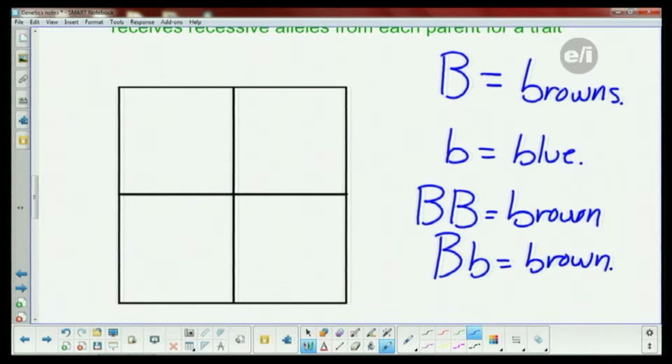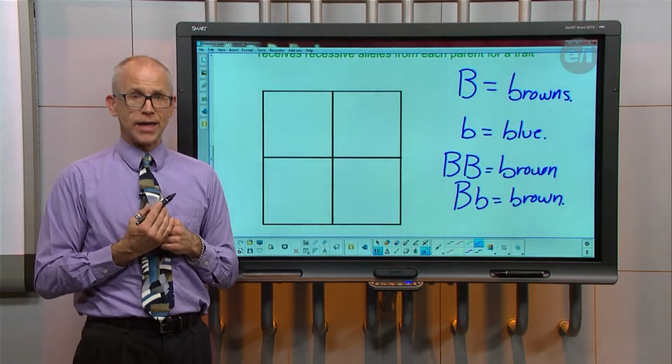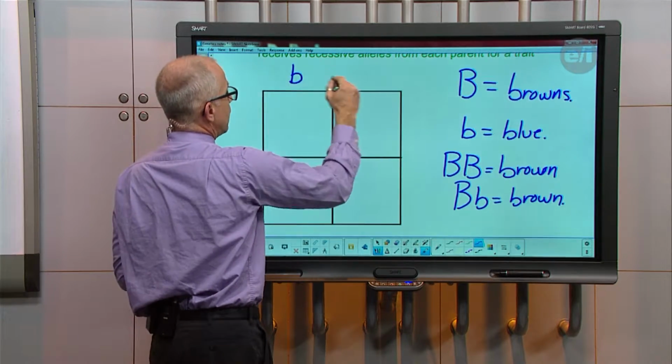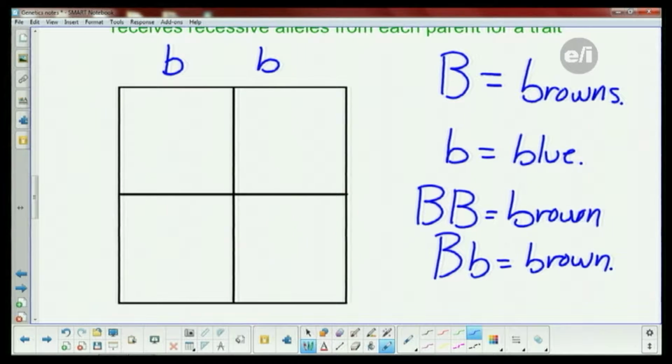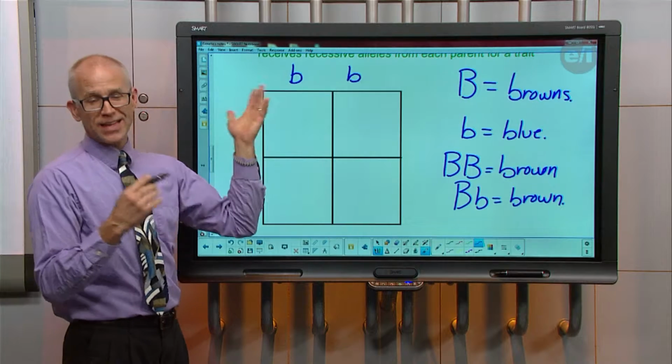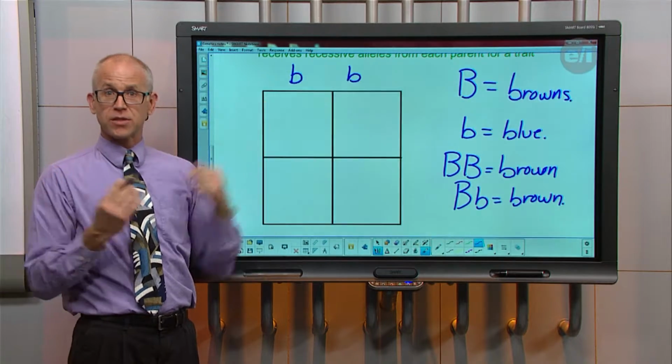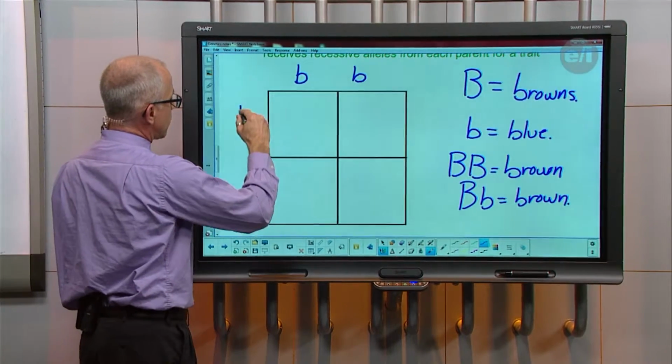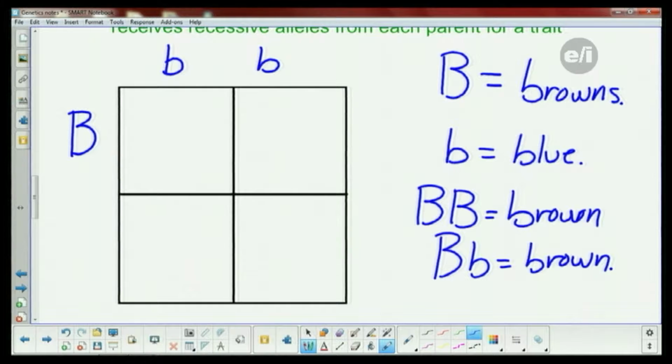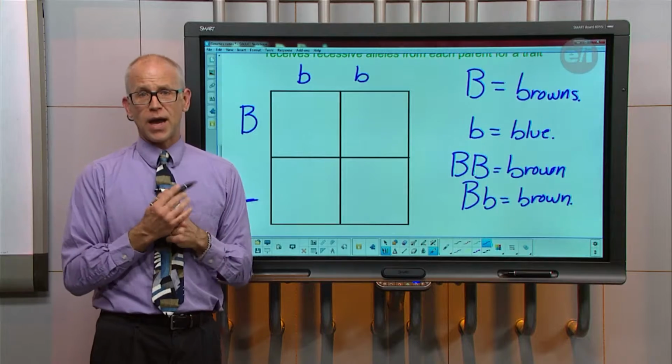Now let's take Mr. Zarumba here. Mr. Zarumba has blue eyes. So these are the only kind of genes that I can contribute when I have children. Having a little b, that's all I have, just the recessive gene. And if I take someone else that has brown eyes, and let's say I don't know what the other version of the allele is, so I'm going to leave it blank. But they have brown eyes.